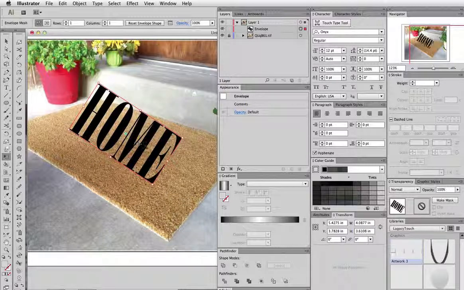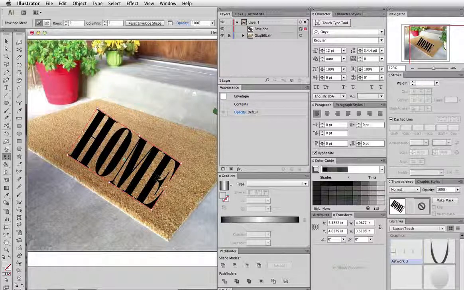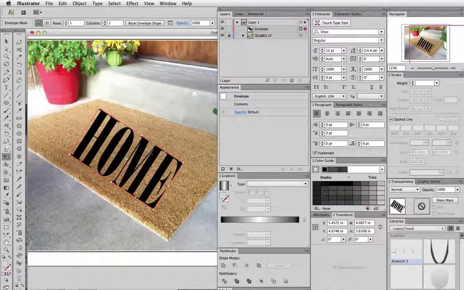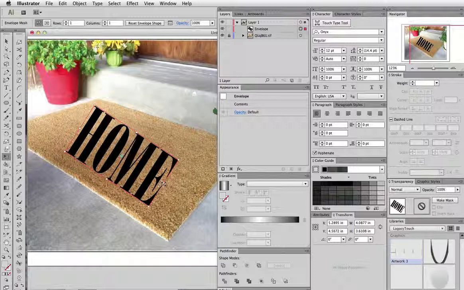around the center point. And I'm going to get this top corner about where I think it ought to be, and then I'll distort the rest of it to put it into perspective. I'm going to start out by clicking on the side anchor point, and then I'll hold the Command key to skew that,